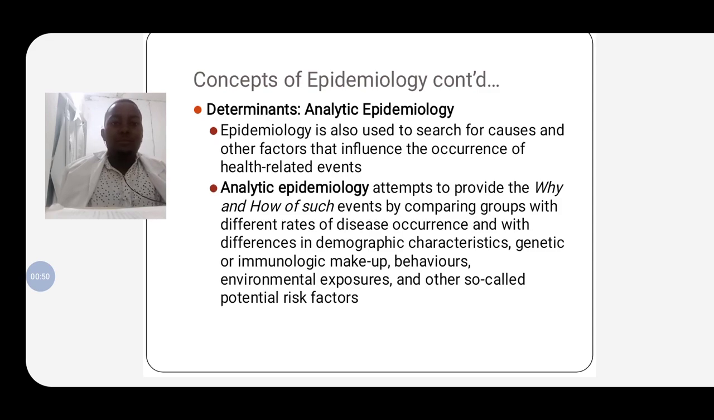So that is what we say the factors that influence the occurrence of health related events. So that is a simple explanation of analytical epidemiology or determinant epidemiology. But what is analytical epidemiology or determinant epidemiology? We say that it attempts to provide the why and how of such events by comparing groups with different rates of disease occurrence and with differences in demographic characteristics, genetics or immunological makeup, behavior, environmental exposures, and the other